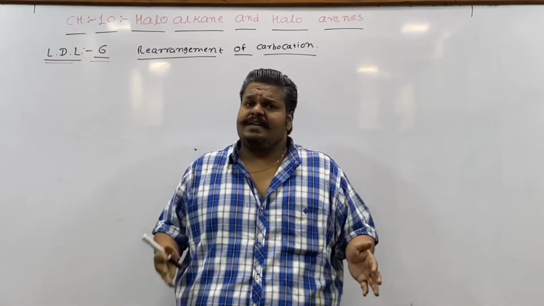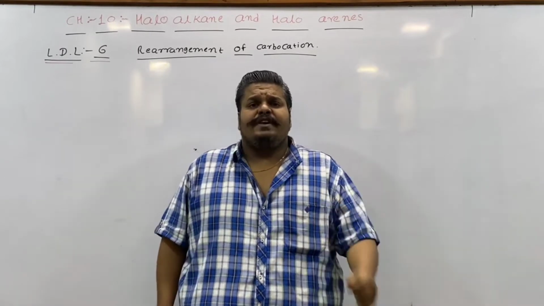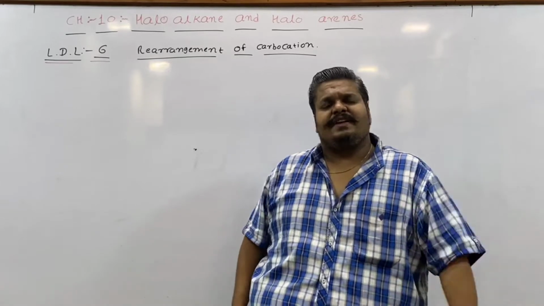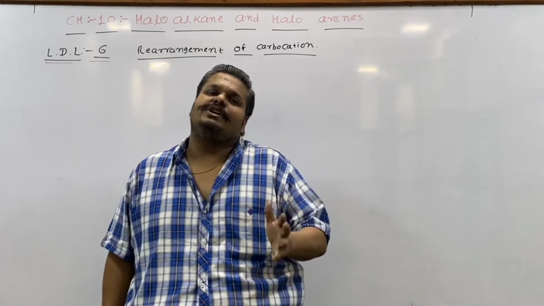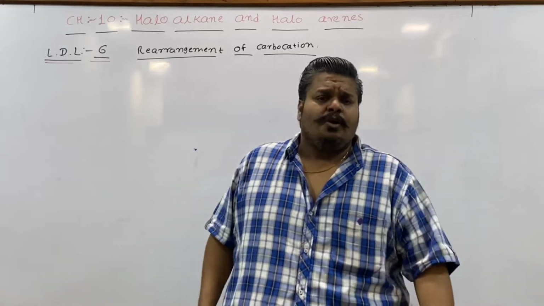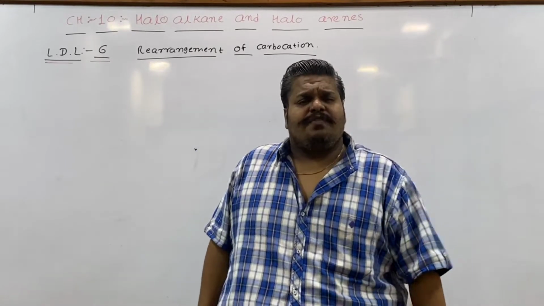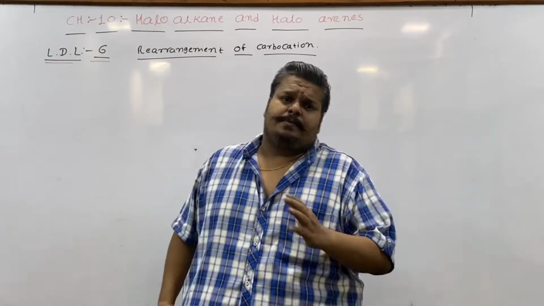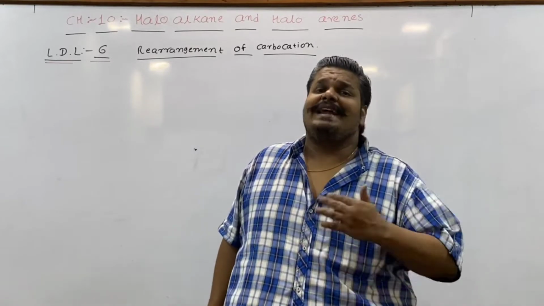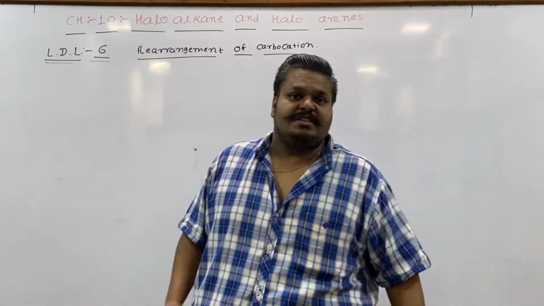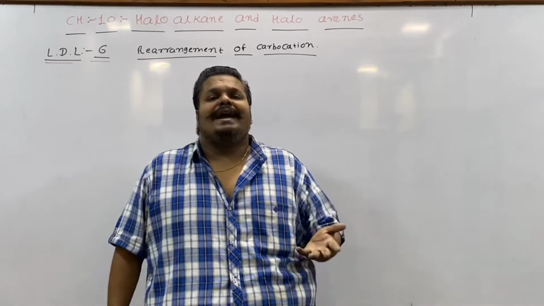We know the difference between SN2 and SN1. Reactions in which the rate depends on both the substrate as well as the nucleophile are known as SN2 reactions or the SN2 mechanism. Those reactions in which the rate depends only on the substrate, with no nucleophile involved in the rate-determining step, which is the slow step of the reaction, are called SN1